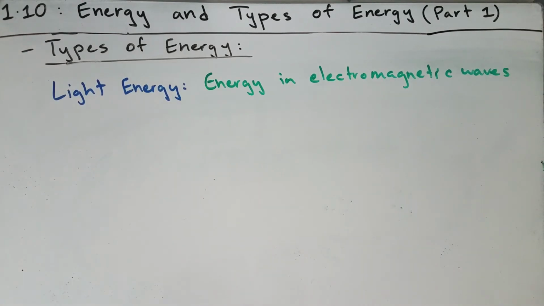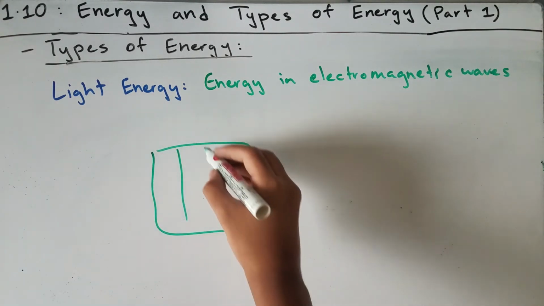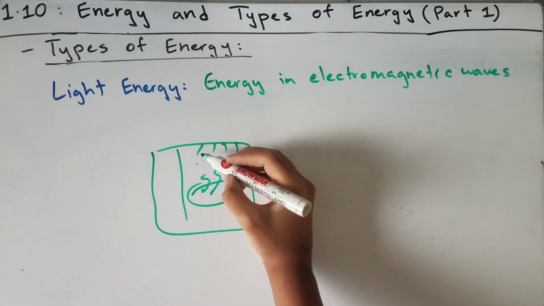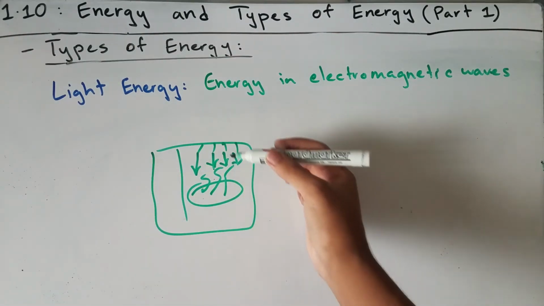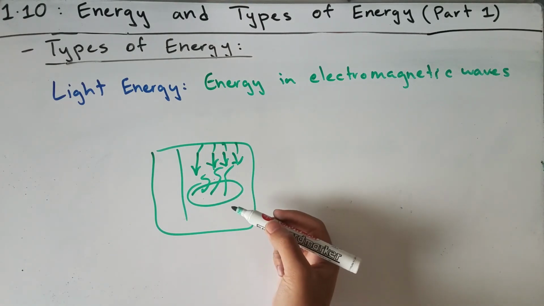Another energy type is light energy, which is energy stored in electromagnetic waves. So let's say you had a microwave oven and you had some radiators and you were trying to heat up some noodles. Well, the microwaves from the radiator would hit the water molecules in your noodle, and they would make the water molecules vibrate vigorously and your noodle soup would heat up fast.